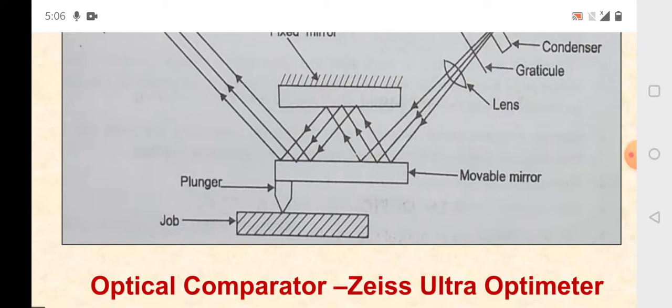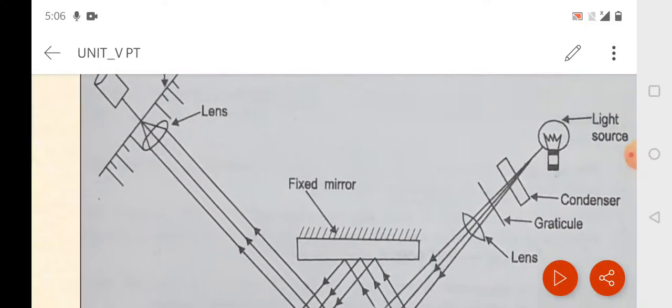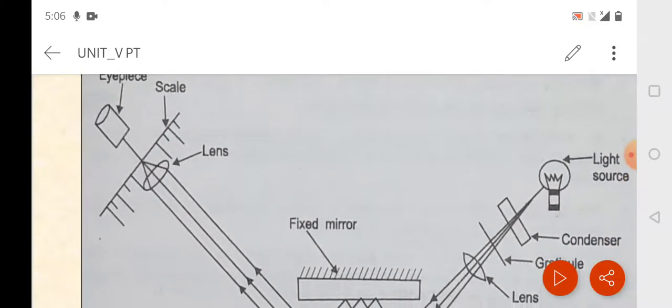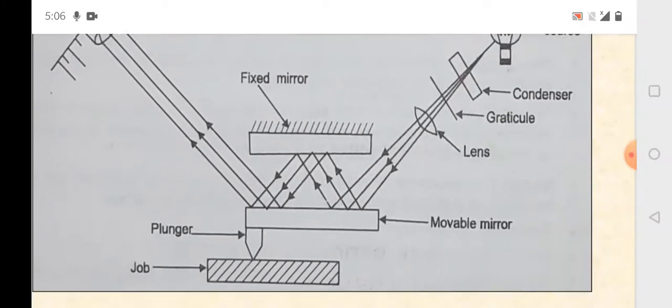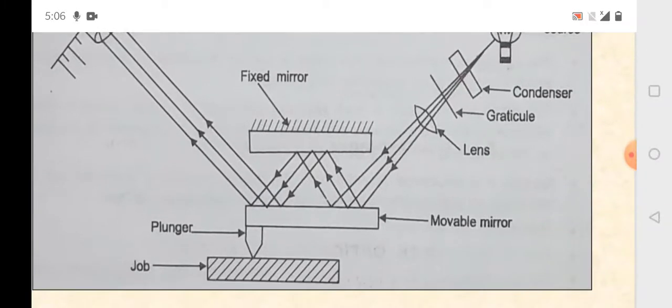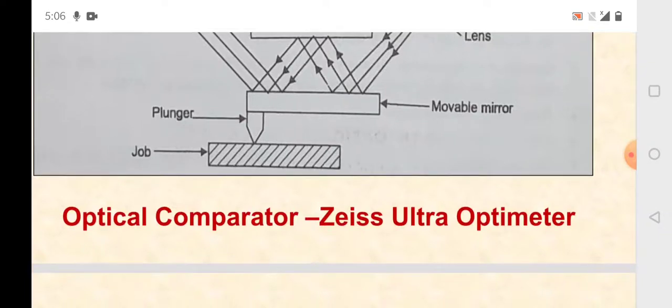It falls on this mirror, then goes to the fixed mirror, then again gets reflected on the movable mirror, and then goes on the dial. Through this scale, through this eyepiece, we can see the variation in the dimensions very easily. So magnification is very high, and very small minute variation can be easily recorded with the help of this optical comparator,